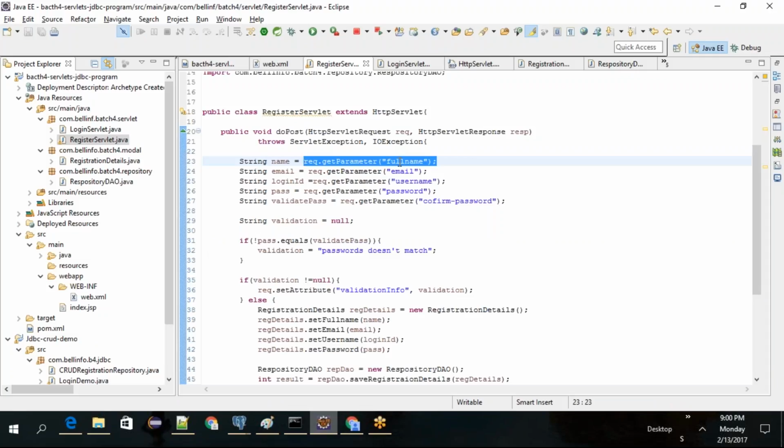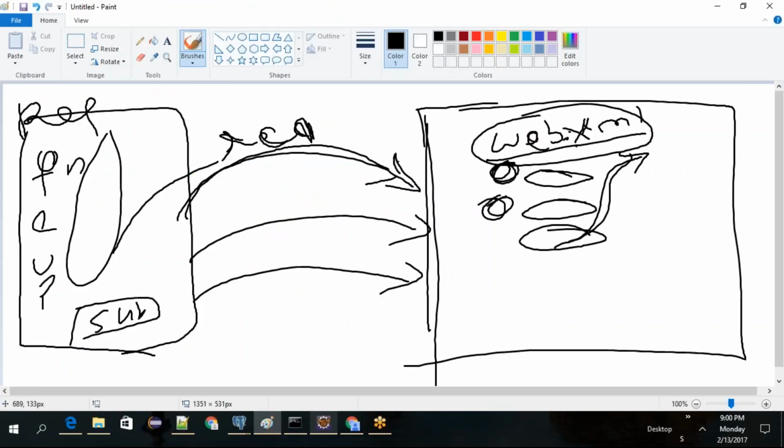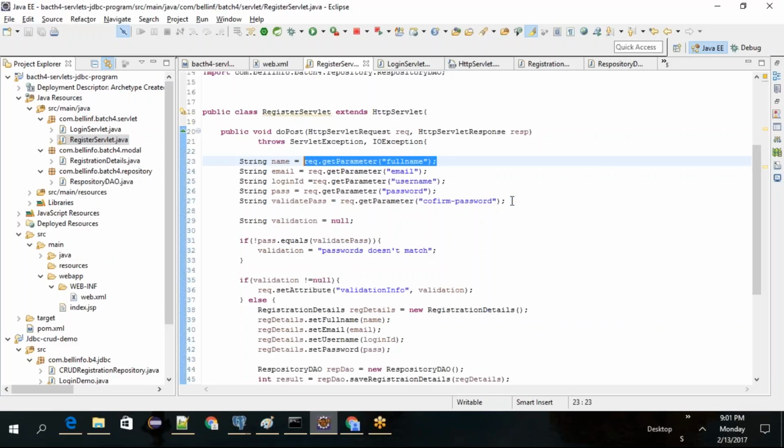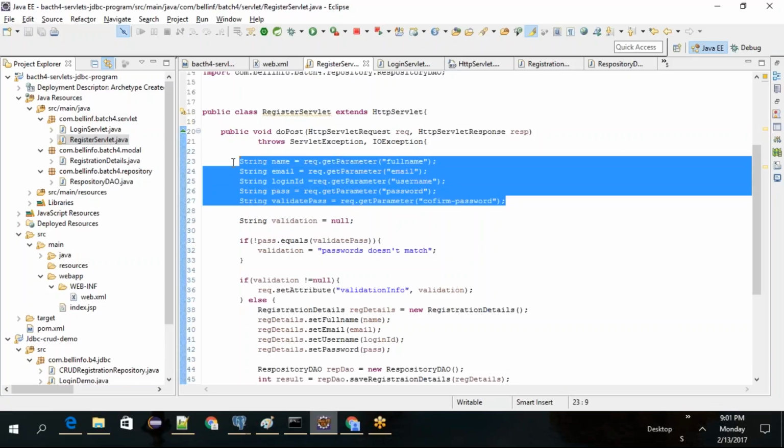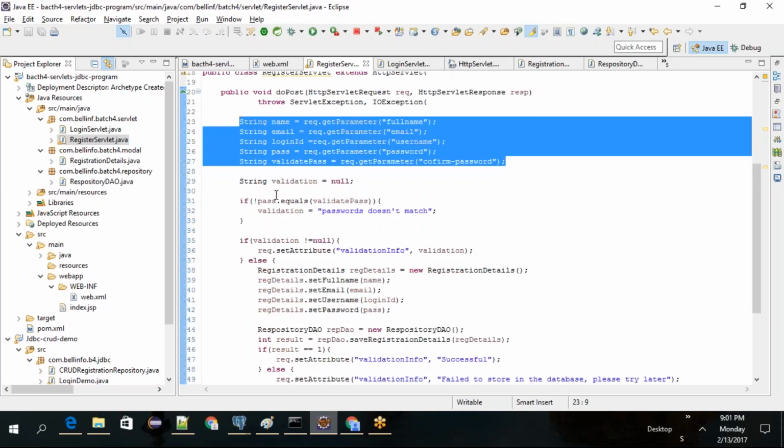That is a commonly used functionality that has been built into the HTTP servlet classes. And then from there onwards, it's your typical logic. Once your request has reached your application, from there onwards it's your responsibility what you want to do with that data. So what we did here, we took all the user entered information into our local variables, and then